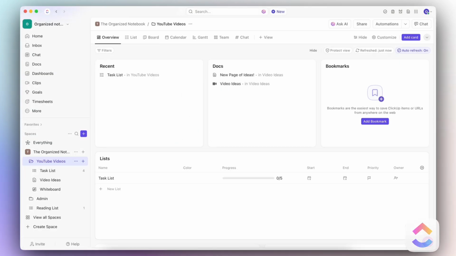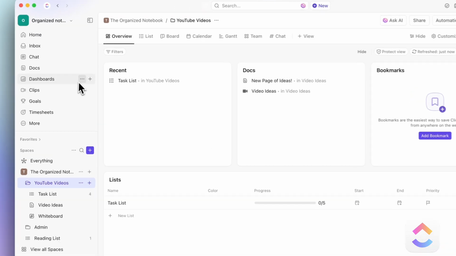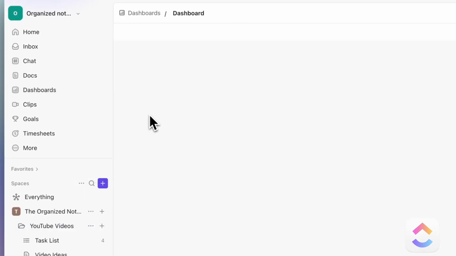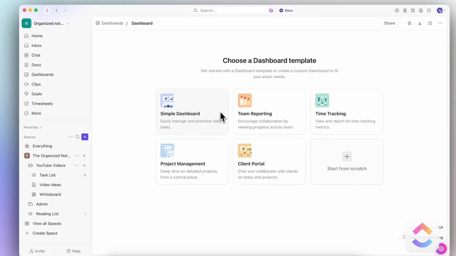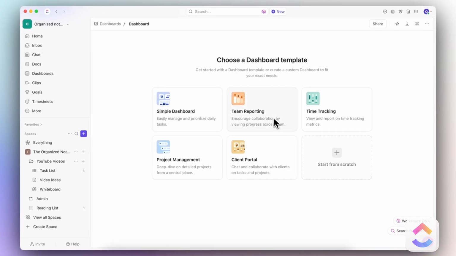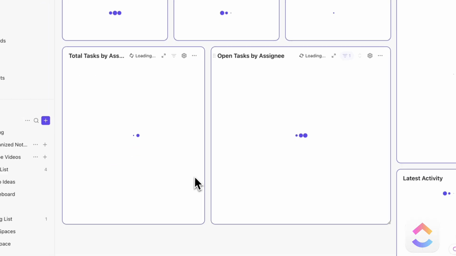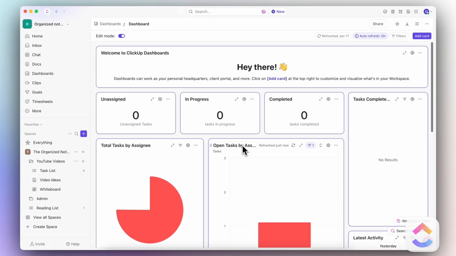Next, if I go to ClickUp, you can see that dashboards are incorporated already on the sidebar here, and you can create a dashboard directly from here. So you can create any kind of dashboard you want, from simple dashboards, reporting, time tracking, and all of these things, so that you can see an overview of what you're working on and all of the things that you want to keep